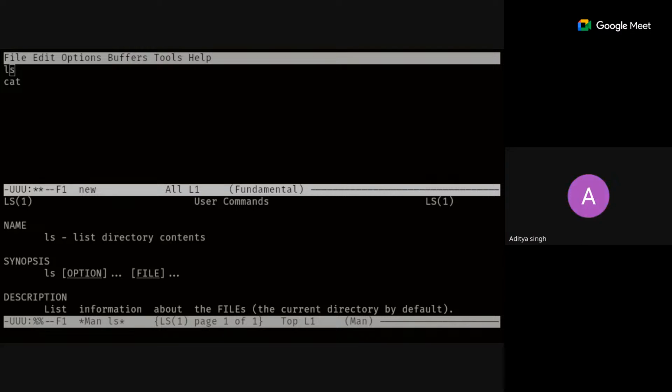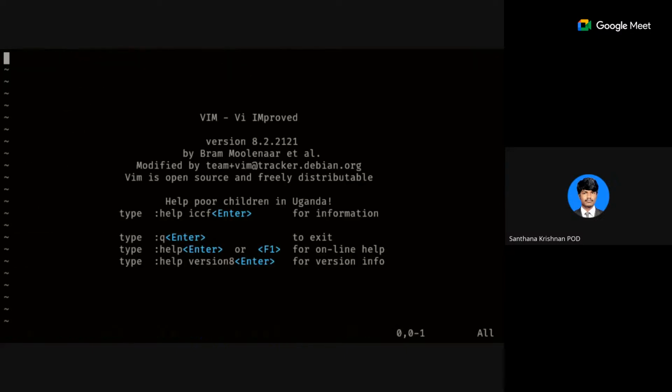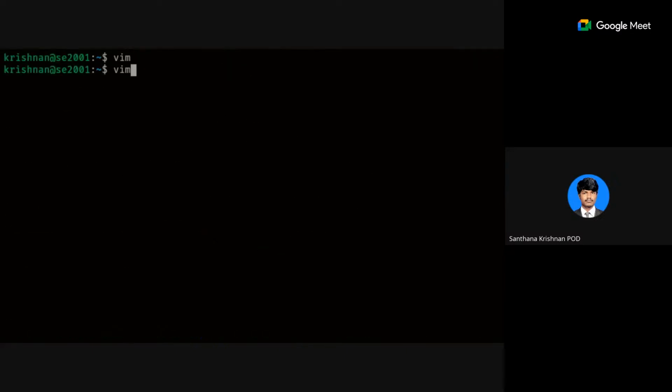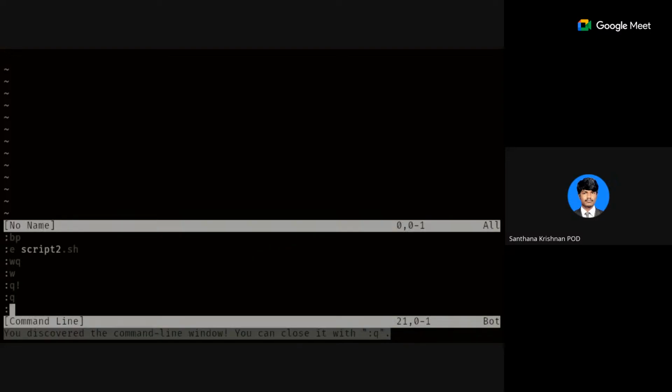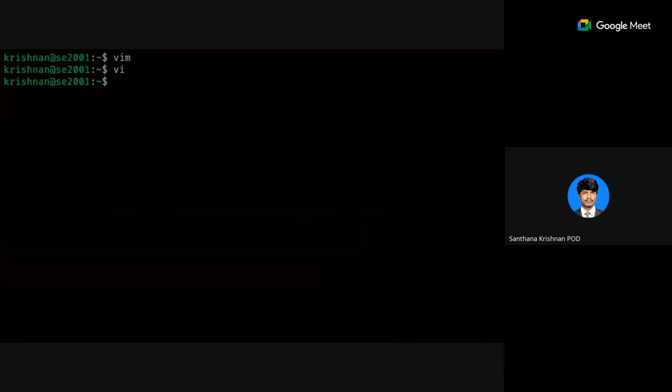Sir, actually, it's not working for me. It should work. VI, sir. Okay, you are using VI. So you can use Vim instead. In our exam, we are giving Vim only. Even in the virtual machine, we are using Vim instead of VI. So you can get used to Vim instead of VI, because VI has very limited functionality.